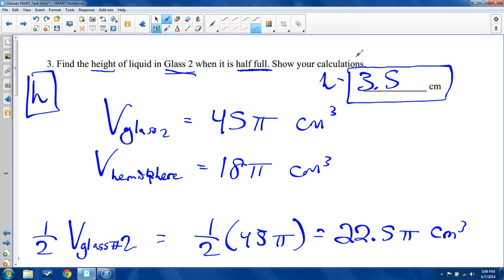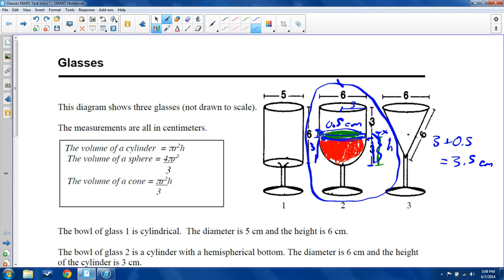I'm just going to say that part one more time, and then we'll be done. It's not 3 centimeters because when we fill this up halfway, we're not talking about filling up half the height like this. If we filled up half this height right here, we have a lot more space right here than we have in here. Same with here. When we fill up this half the height, we have more space up at the top of the glass than we have down here because this curves off. If this looked like a cylinder,